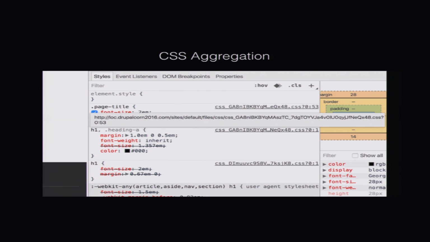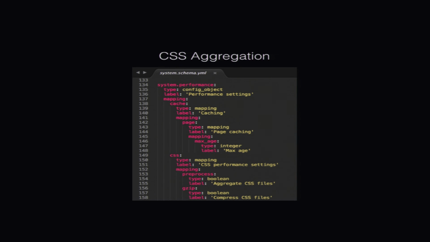CSS aggregation is another big thing, especially if you're theming. Right now, if I inspect this and look at that CSS file, it's coming from the sites default files CSS, some random CSS file. How in the world am I going to know where to change that? In the